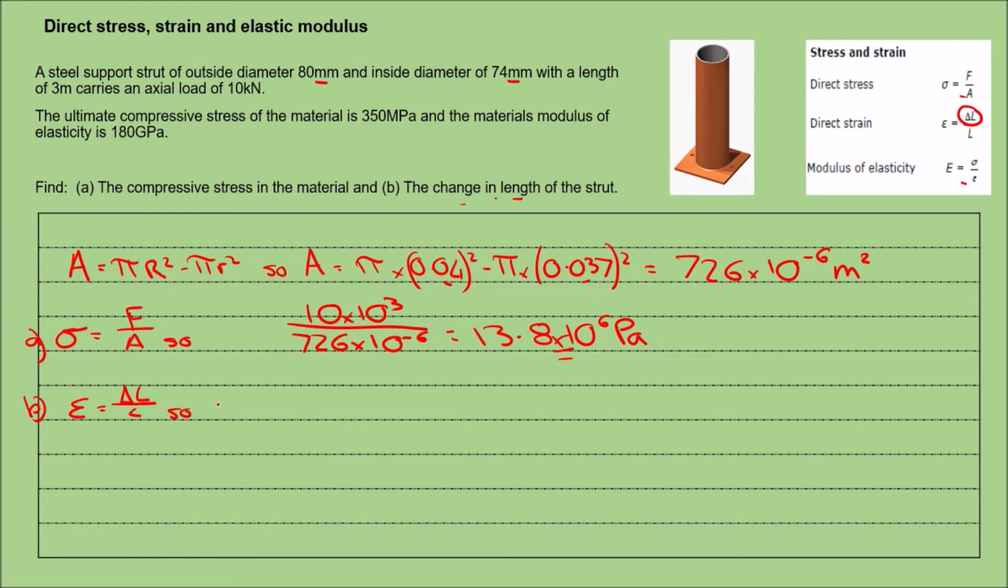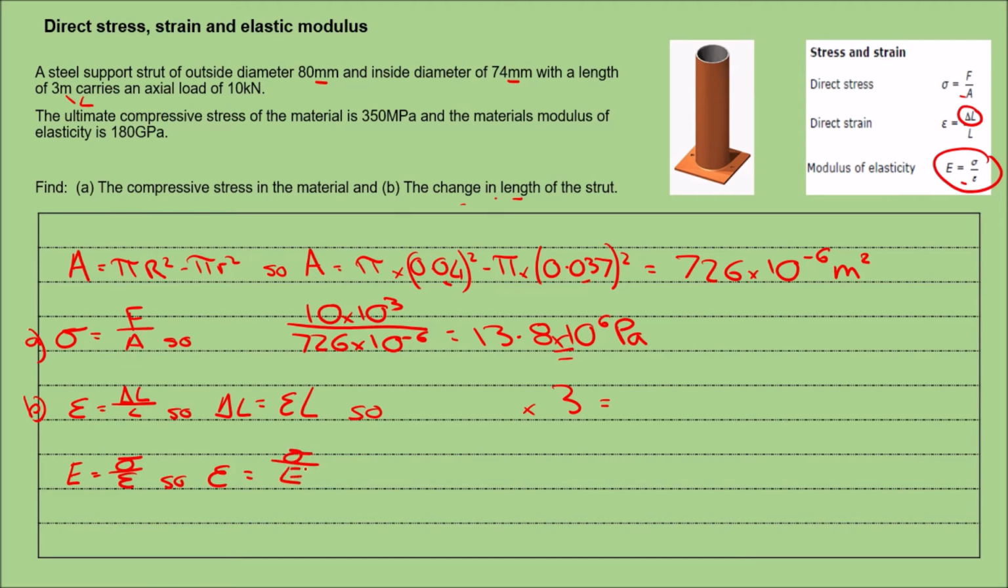Right, but let's go ahead and rearrange the change in length formula. So it's going to be equal to strain times original length. Now we know our original length, we've got that up here, it's 3 meters. So I'll lay that out times 3, and that's going to give us our change in length. But I don't know what this strain is yet, so I'm going to have to jump onto my next formula here. So I've got elastic modulus is stress over strain, so strain is going to equal